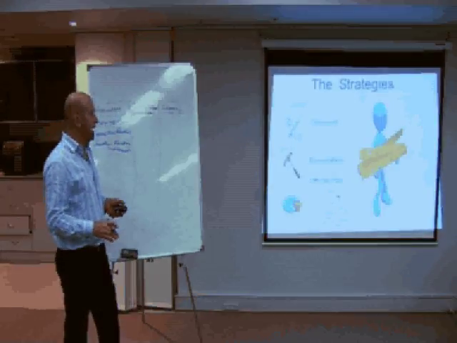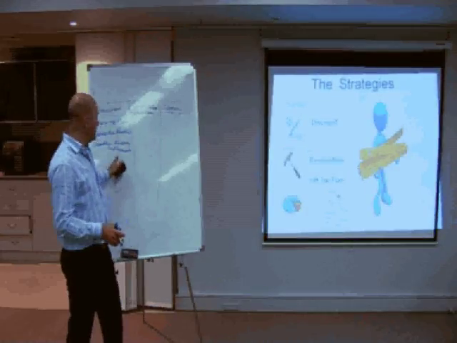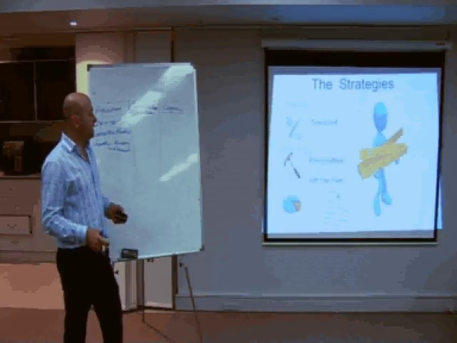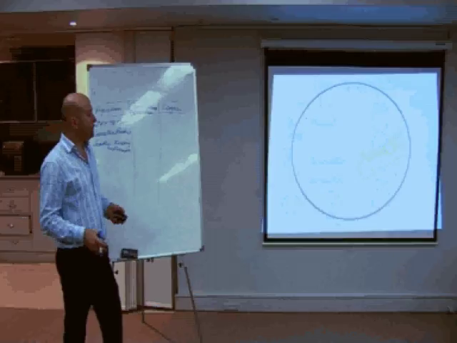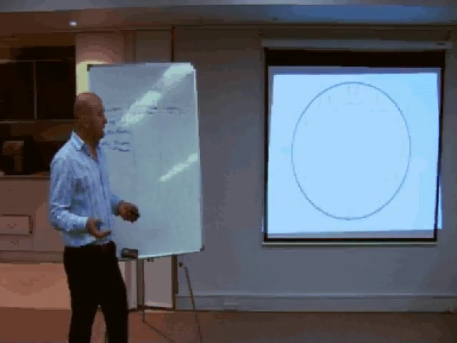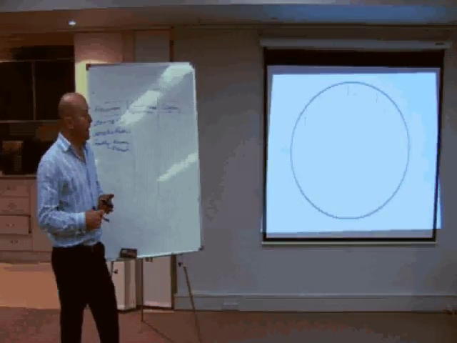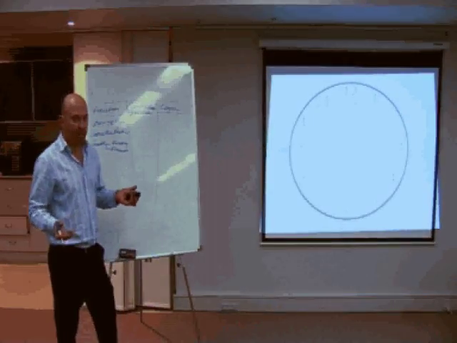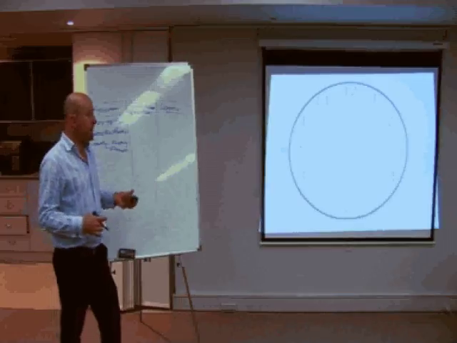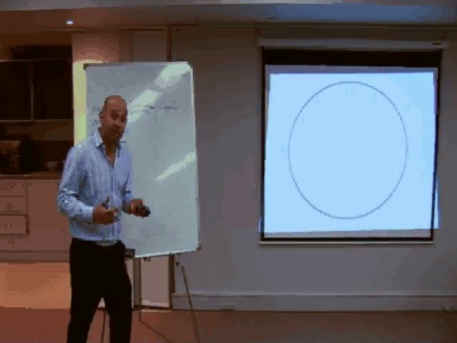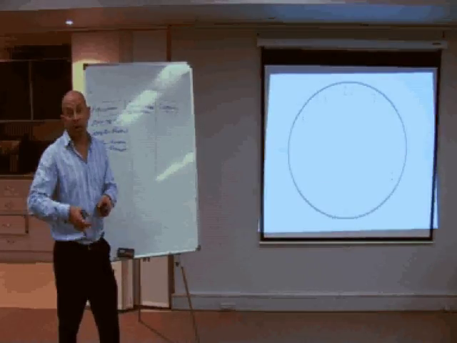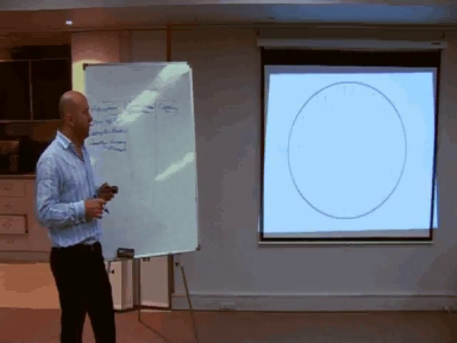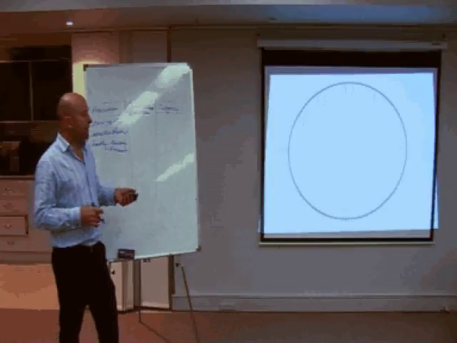But let's just take a look. If we go to the acquisition strategies, discount or existing, renovation or off the plan, and we apply it to the market, would it be a good idea to buy off the plan where the property clock's at 1, start of a slowdown? You know, Melbourne's at the start of a slowdown today. Would it be a good idea to buy off the plan a unit in the middle of the city in Melbourne today? Absolutely not.